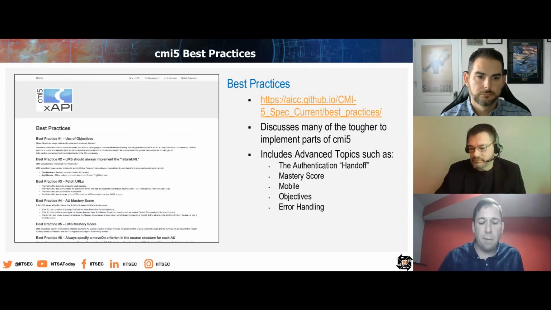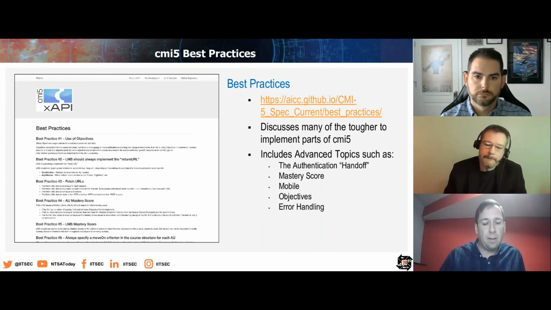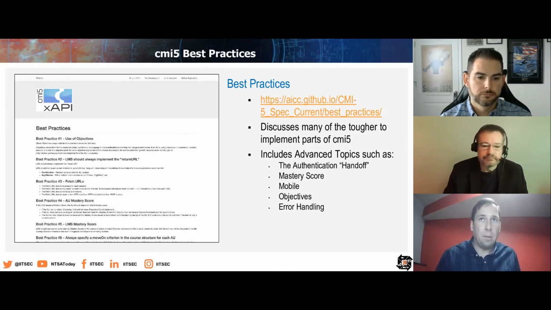And first of those is the best practices. There's a few intricacies of cmi5 that we couldn't really teach you in this session. This paper highlights some of the tougher areas of cmi5 if you go to that link. Some of these things are how exactly that authentication handoff works, again, mastery score, some lessons learned in mobile, objectives, which are enabled by cmi5 in the core structure format as well, and some of the error handling procedures